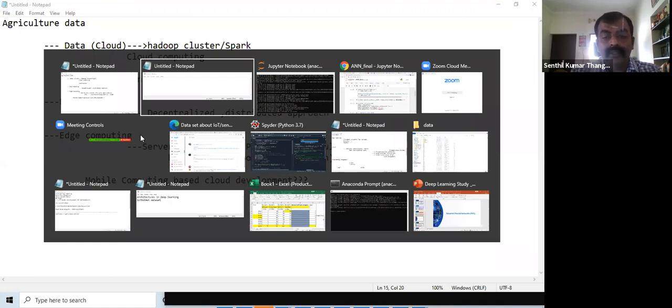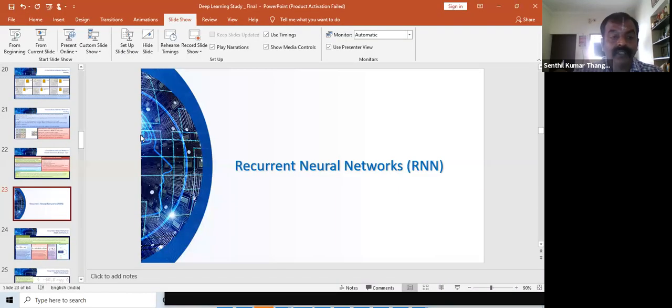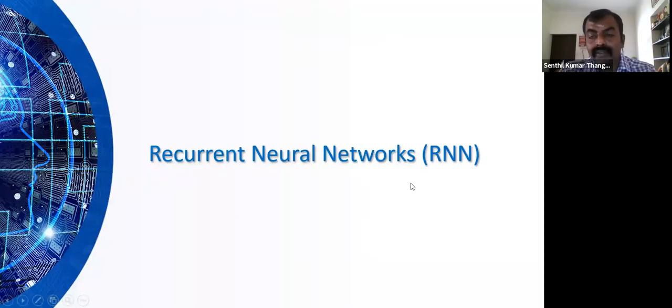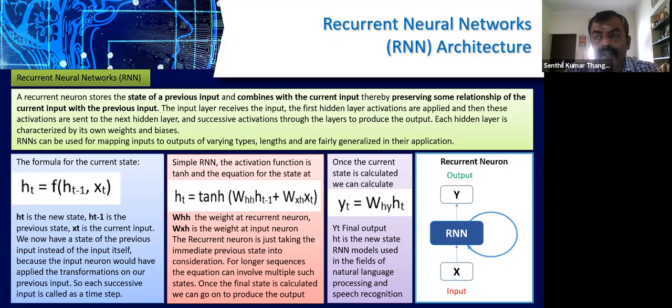Going forward, what I would like to discuss with all of you is the next architecture. The next architecture which I would like to take from deep learning for discussion is your RNN, right? Recurrent neural network. See, CNN is a very primitive architecture. You can say that CNN can be used for multiple applications. I'll show you CNN for sensor data which comes from a camera; that will be the next part. But before that, let's quickly see RNN so that we can discuss how an LSTM based approach can be taken for an IoT dataset, right?